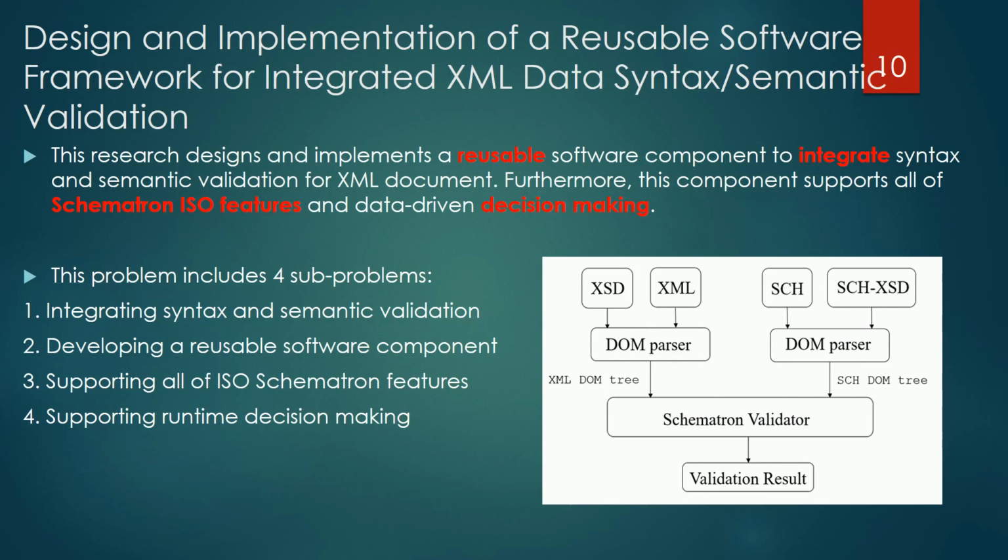Both of the two DOM trees are fed to our new XPath-based Schematron validator for semantic validation to obtain the final validation result. This process combines syntax validation with semantic validation and takes the derived information from syntax validation for reuse in the semantic validation by the DOM parser, therefore saving default values in the syntax validation, which may alter the result of the semantic validation.